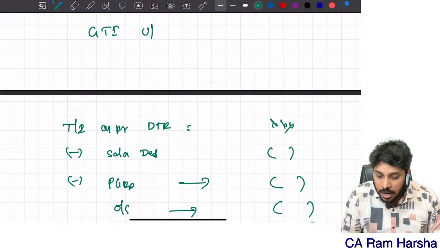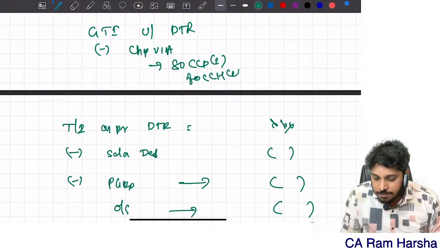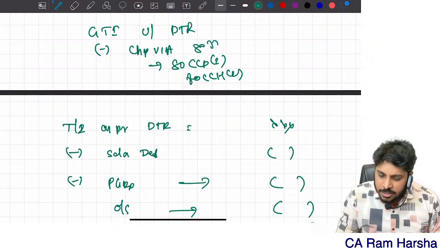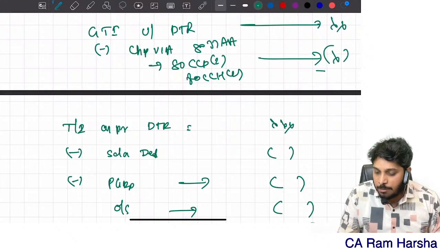Gross total income under default tax regime minus chapter 6A. What chapter 6A? 80CCD subsection 2, 80CCH subsection 2 and 80JJAA. Only these 3. Yes or no? Gross total income, some amount. This is some amount. You will have some net